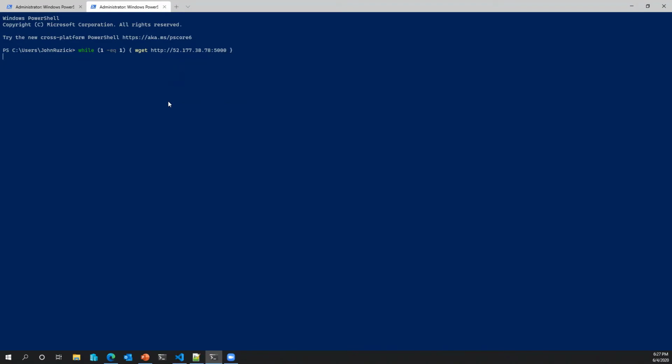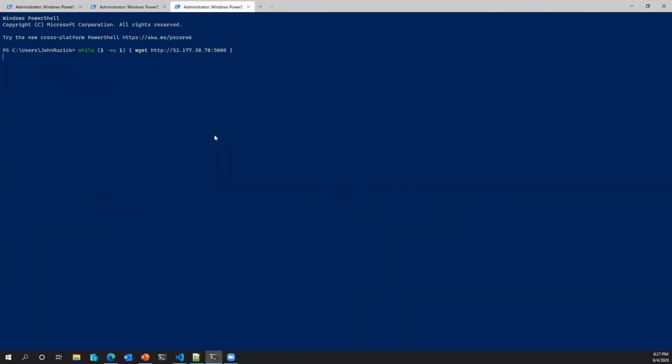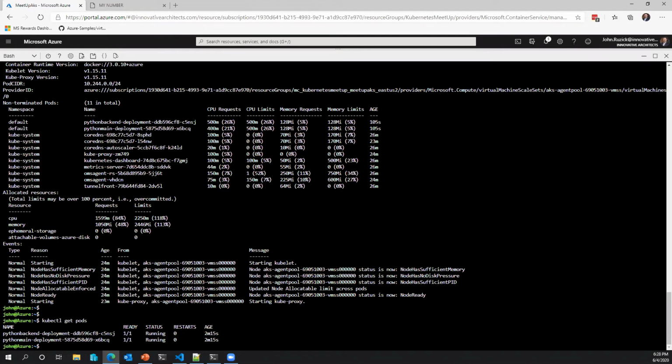So I'm just going to start hitting that service with traffic. There you go. So we're getting responses. I'm going to copy this and open up a new window and run this exact same thing. So now I've got two of these that are just infinitely going to try to hit that endpoint. And so now what I can do